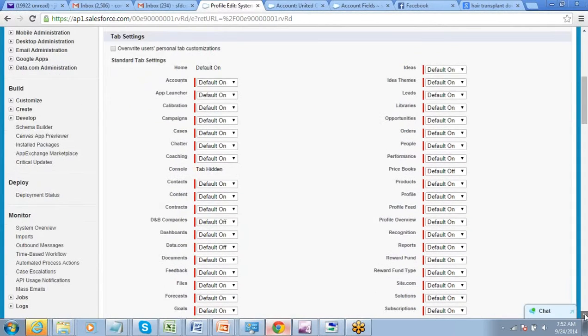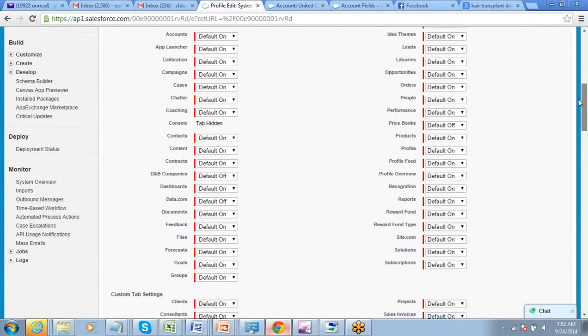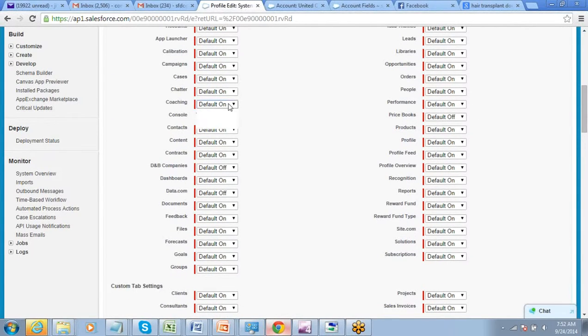Accounts, contacts, cases, whatever tabs are there, everything is listed here. So the tabs that you do not want to allow to the user, remove those tabs. For tab setting we have default on, default off and tab hidden. 3 options we have. So what is that default on, default off? Let me just explain that.